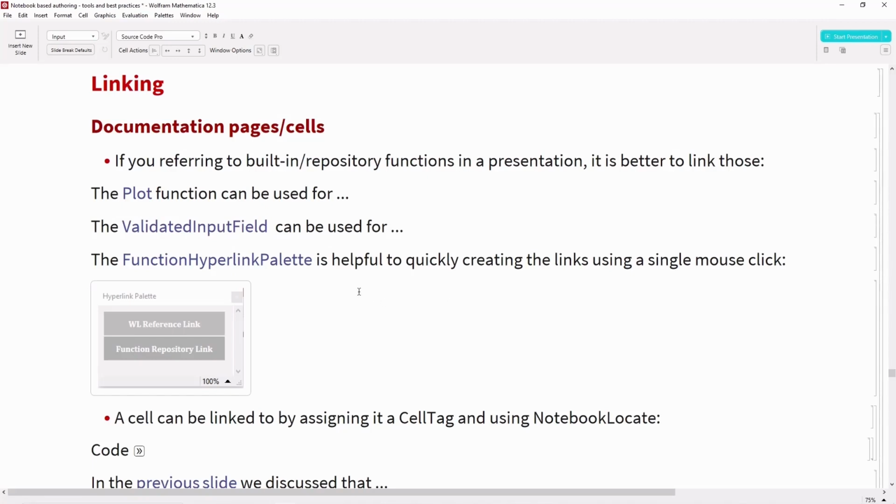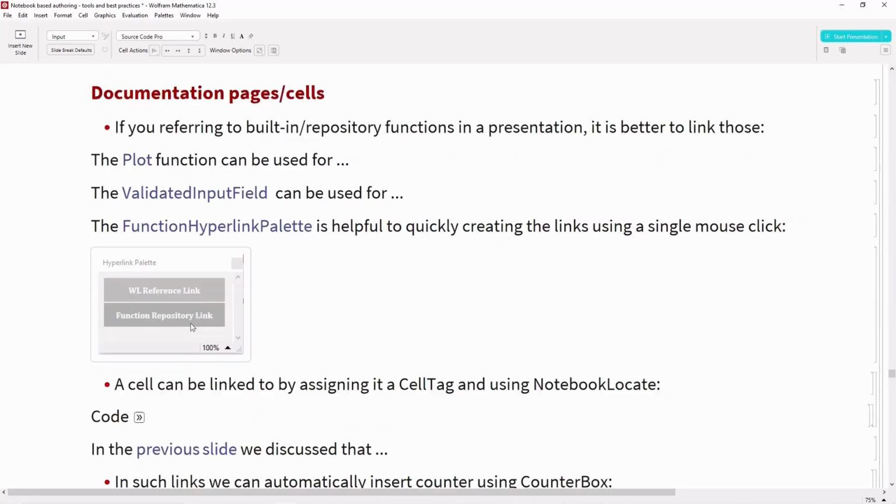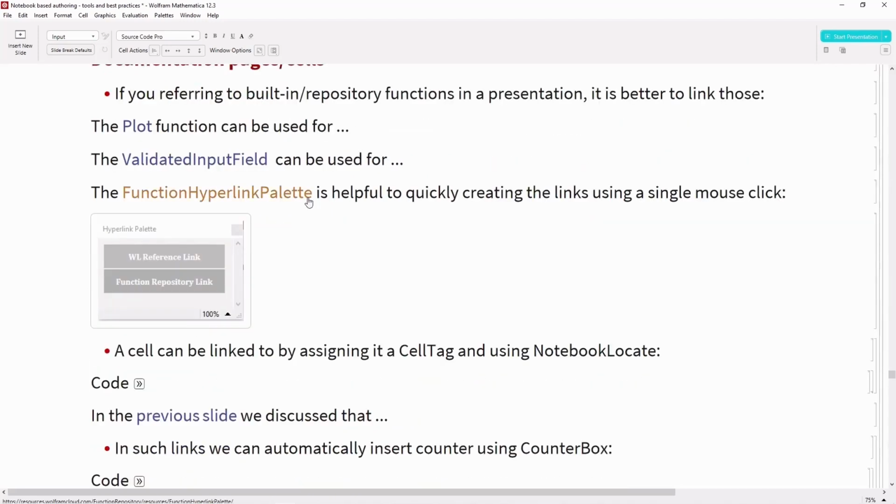In order to link those, you can make use of the function hyperlink palette. The function hyperlink palette is useful in creating a hyperlink just by selecting text and converting it into a hyperlink, depending upon whether it is a Wolfram Language function or if it is present in the function repository. The function hyperlink palette is available in the function repository.